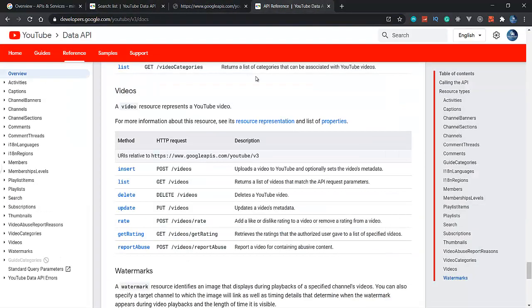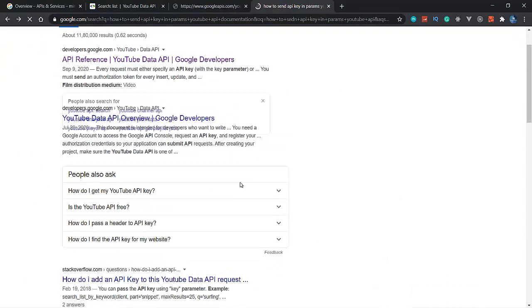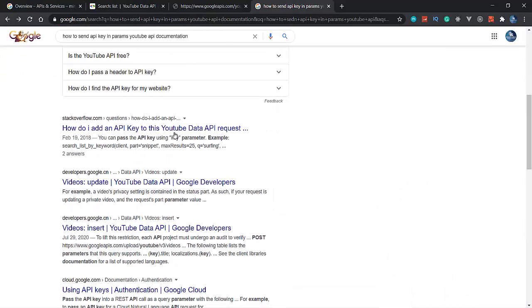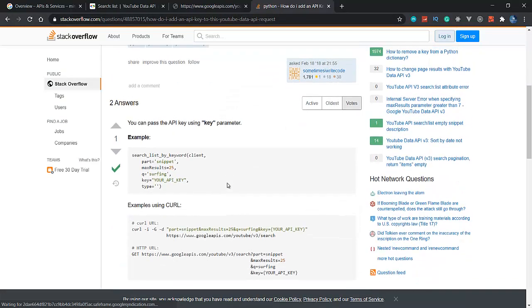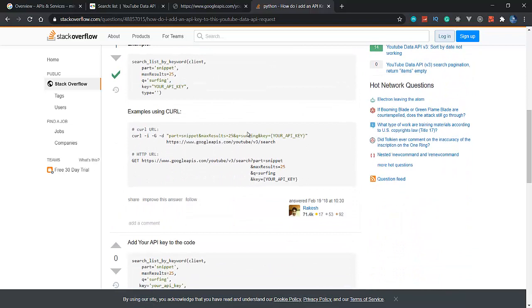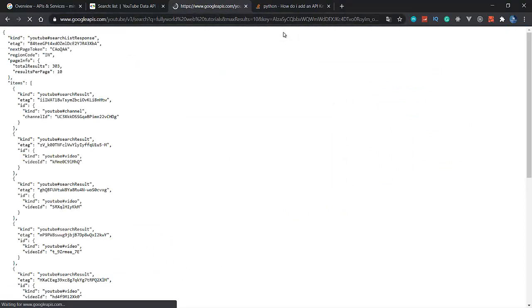So there is some procedure here. See that here there should be maximum results. See that here is the API key, and the parameter here is key. So here we will write only key as the parameter. I was mentioning API key here, but the parameter is key.